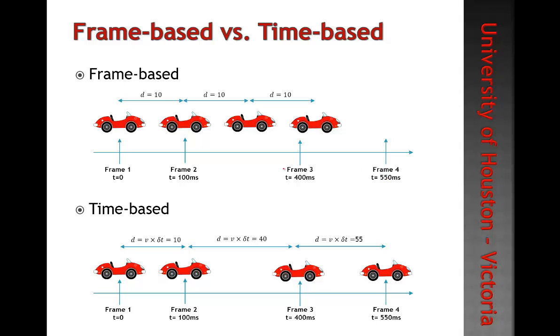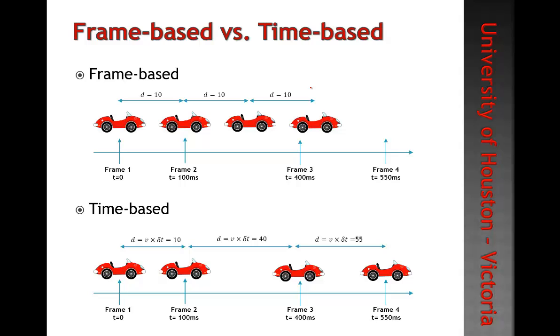Now, we have 4 frames over a span of 500 milliseconds. If we use the frame-based movement that we just did in the previous video, we basically took the object, in our case the ogre, and we translated it 10 units to the right. If we use frame-based movement, our car starts from location 0, goes 10 units in the next frame, goes 10 units in another frame, and 10 units in another frame. So in total, the car moves from location 0 to location 30, which visually, you would see that it's